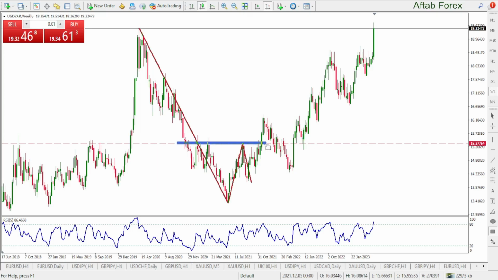Why did people take sell trades right here? Because my friends, they understand the support and resistance strategy or concept. That's why they took sells from here. Otherwise, how would someone know that we should now take a sell trade? But these traders who took sells from right here, what they knew was okay,